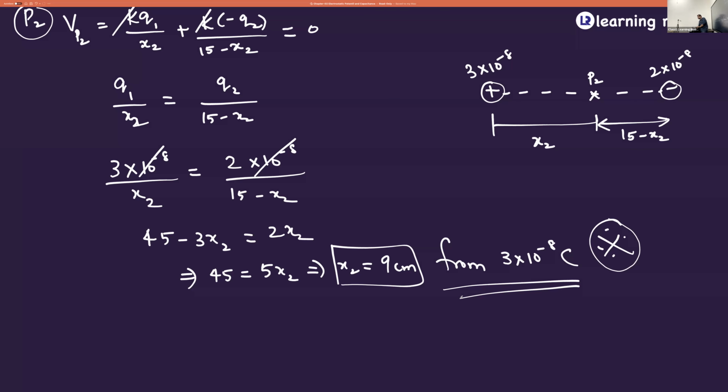Suppose the same problem comes in a competitive exam. You need not write all these steps. What you do is, 10 power minus 8, 10 power minus 8 is there. Just write 3 divided by 15 plus x3 is equal to 2 divided by x3, cross multiply, do it. You can avoid all these steps. That is only for CBSE purpose. In a competitive exam, you can directly do it like this and you will get it. Right, these kinds of questions are common. Am I clear with this?